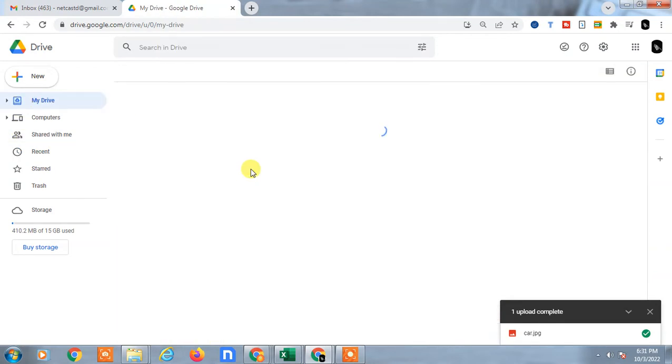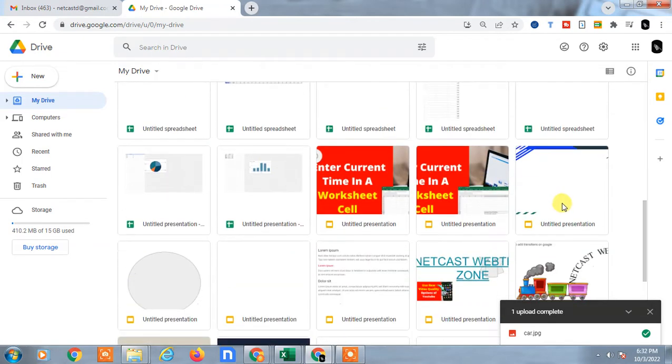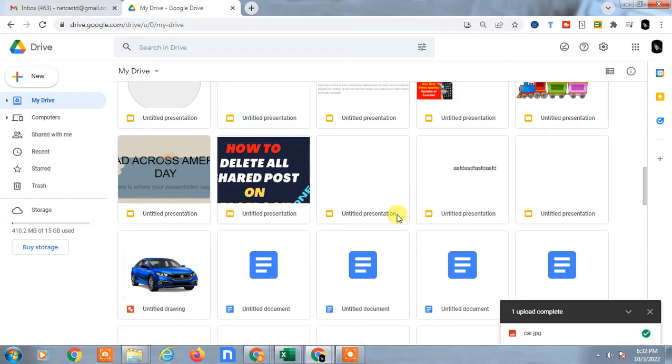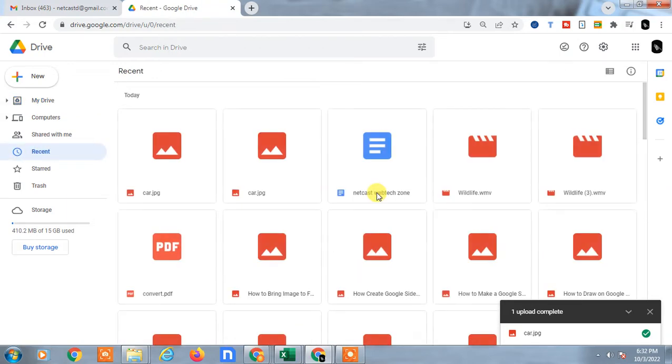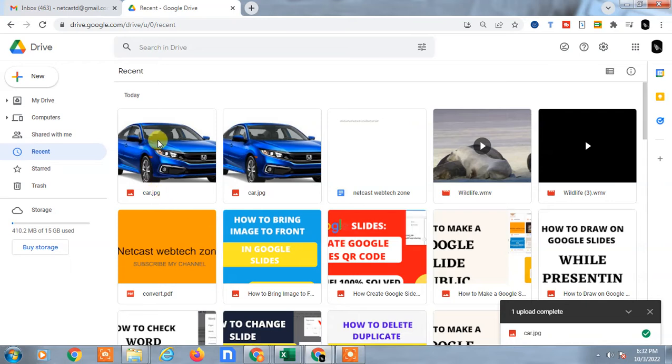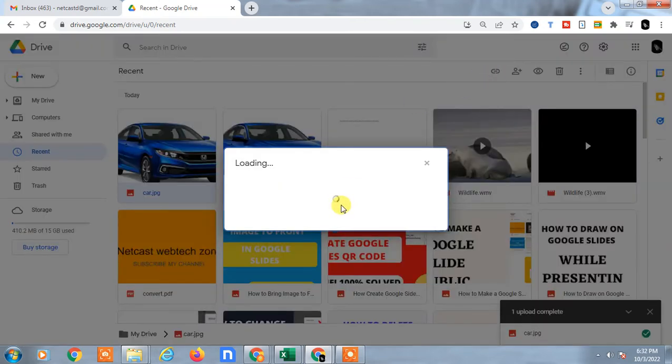Okay, so now how can you share it? There are many options you can share. Just select the file. So in this video I'm going to show you how you can share via links. Just select the file and click on this link option, get the link, and here